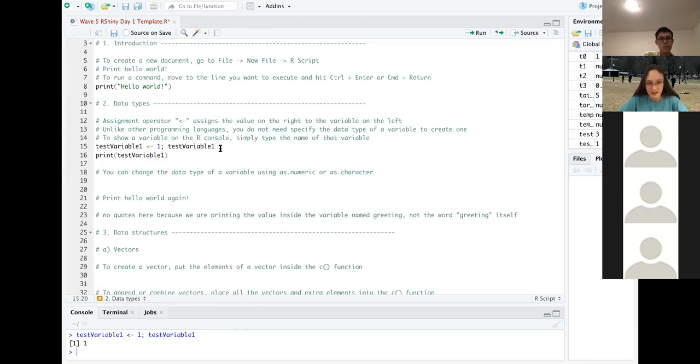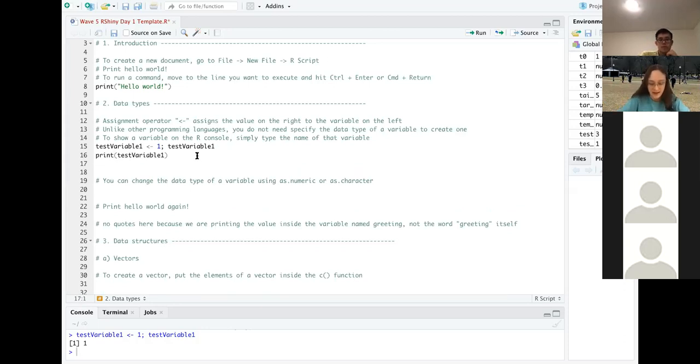Something to point out here is that if some of you have programmed in Java or JavaScript, you might remember that semicolons are required at the end of every line of code. In R, that is strictly not necessary, as seen in line 8 here and line 16 here, but we can use semicolons to separate two lines of code on one line of a file. If we do this, that's saying test variable 1 is 1, which is one line of code, and then test variable 1 as a separate line of code. That's a way to save lines, depending on how you want to format your code.